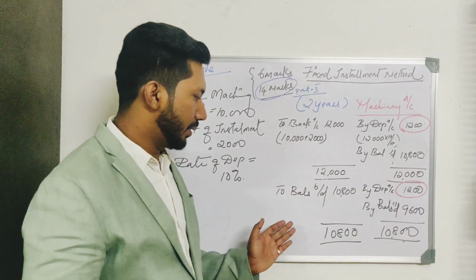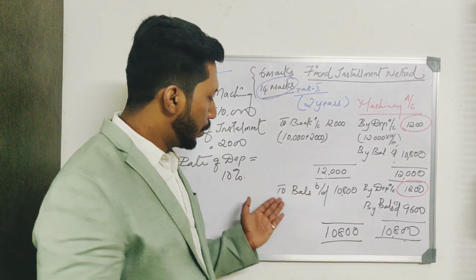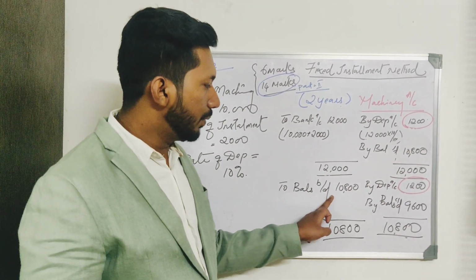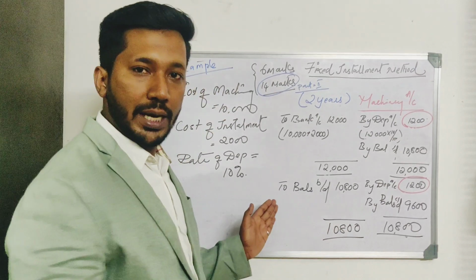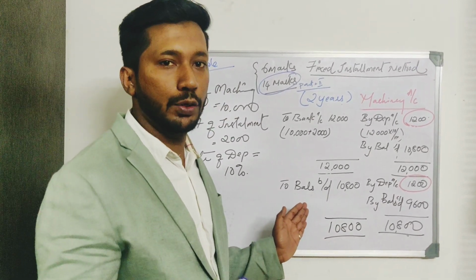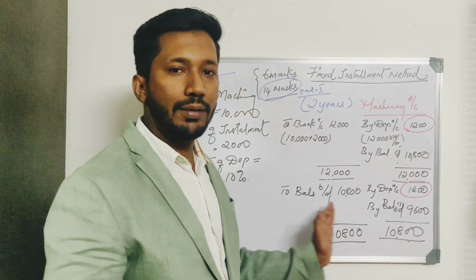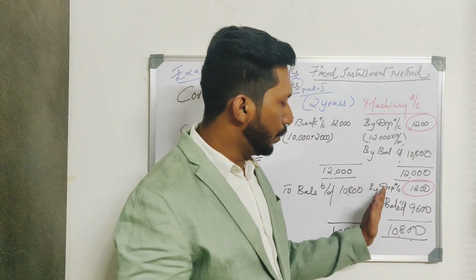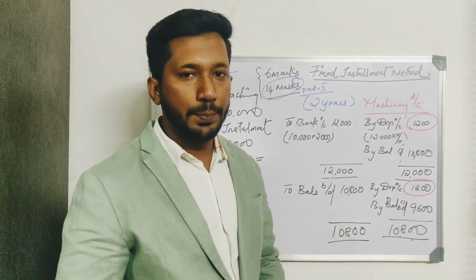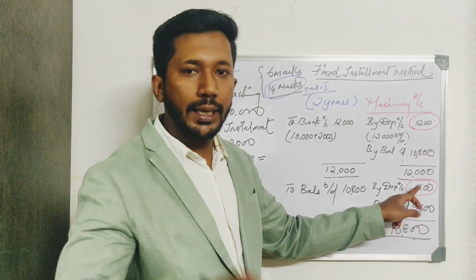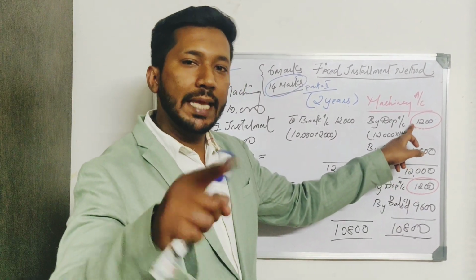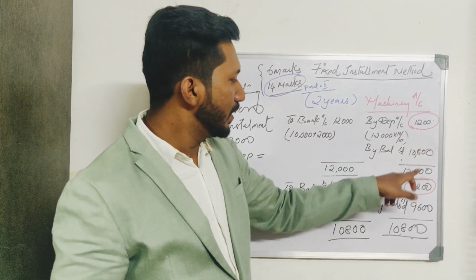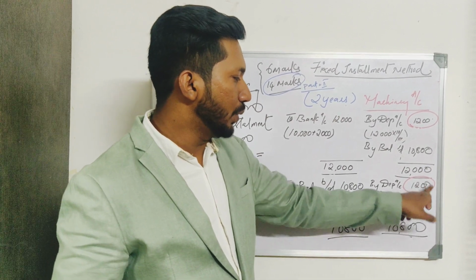So for next year, this is for the second year we are doing. So to balance brought down. So this balance is brought down here. Okay, and no entries will be done here unless and until we have sales made during that particular year. So here we don't have, we are just doing a simple problem. So here we don't have any adjustment. So we will go to credit side and we will write by depreciation. So same amount, no need to calculate again and again. In the first year, whatever the amount you have calculated, the same amount will be calculated again. Okay, so here it is given as 1,200 rupee.